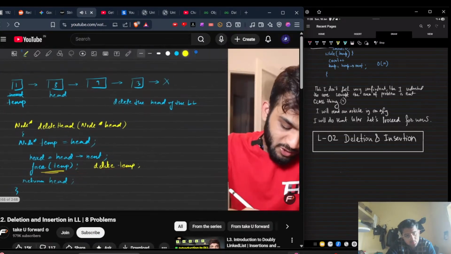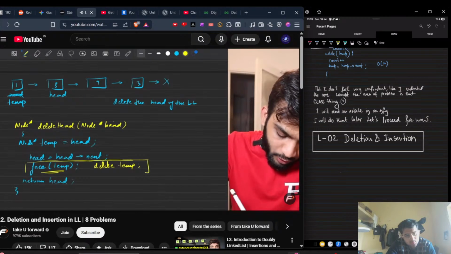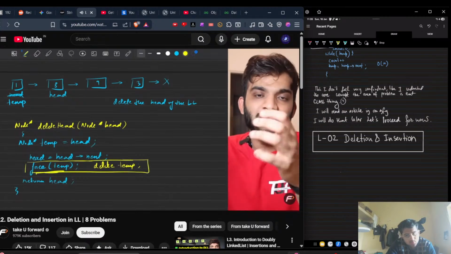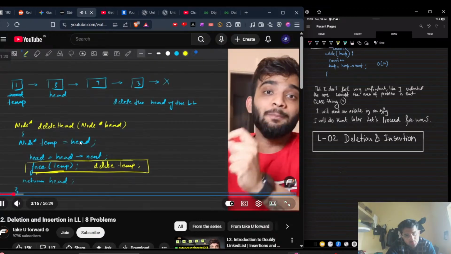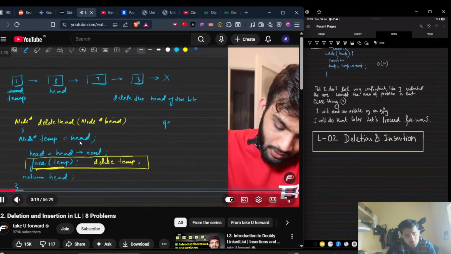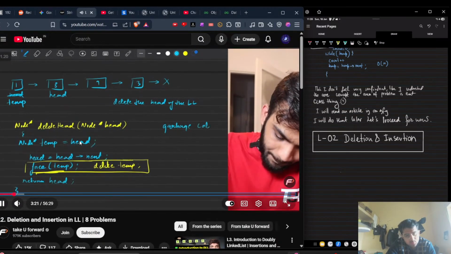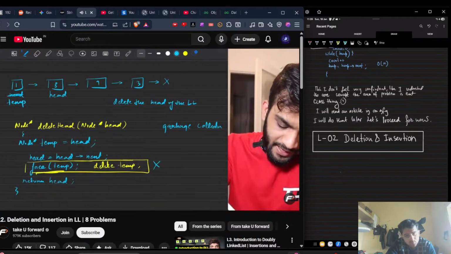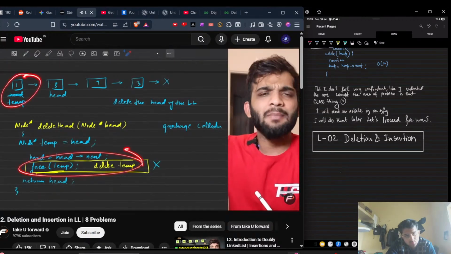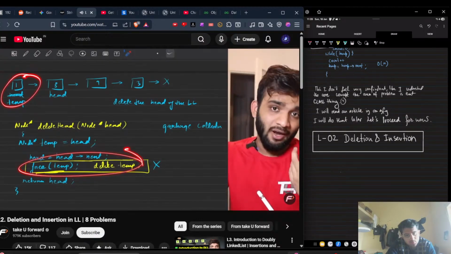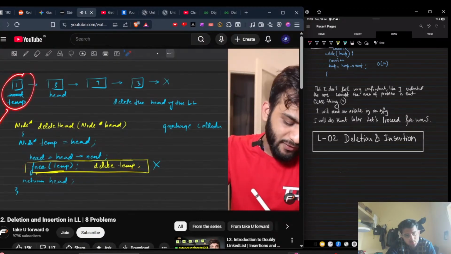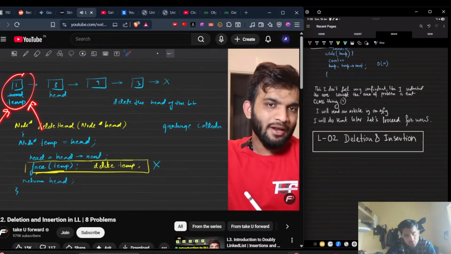In Java, this particular line is not required. You don't have to manually free that space because in Java, we have something called the garbage collector. Remember the term? Garbage collector. So you don't write this, and this temporary is somewhere in the heap memory. Whenever the garbage collector runs, and it sees that there is no reference to this in the program,